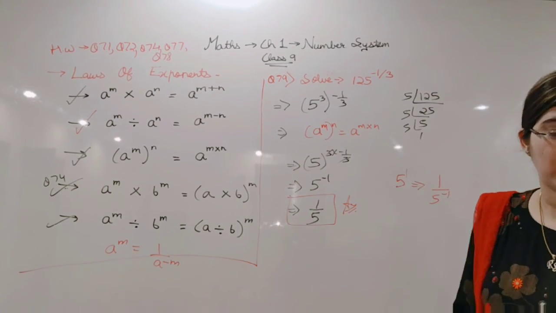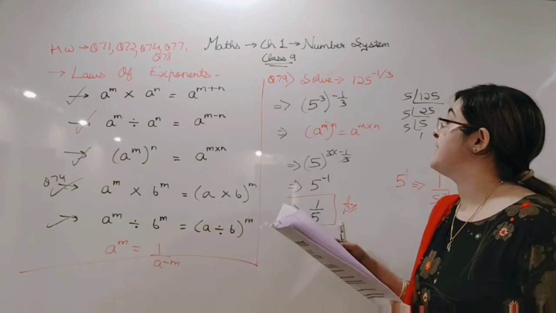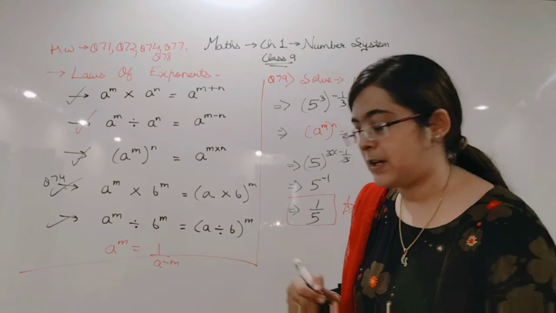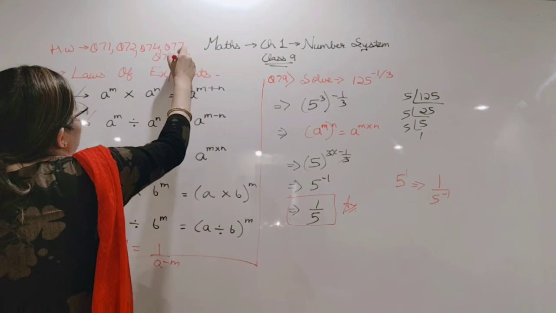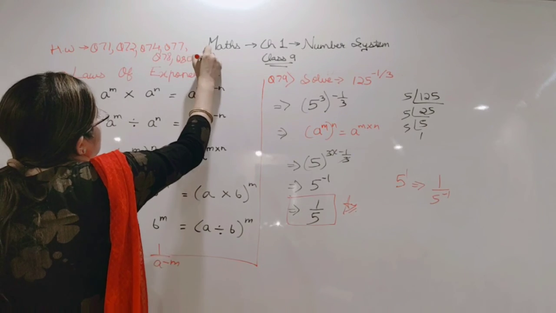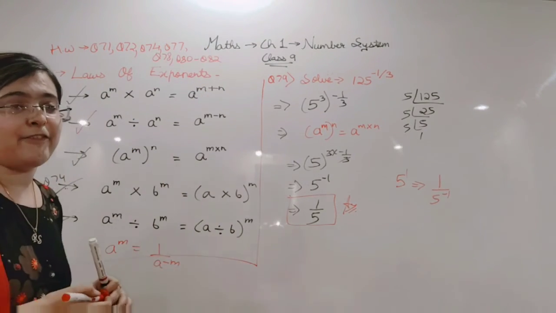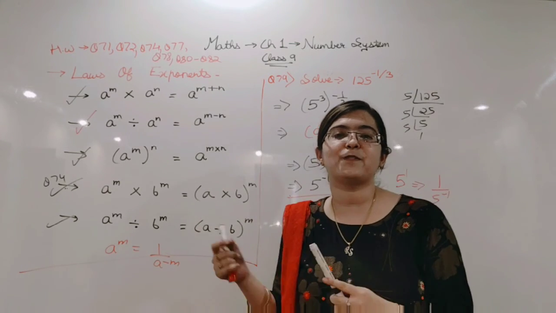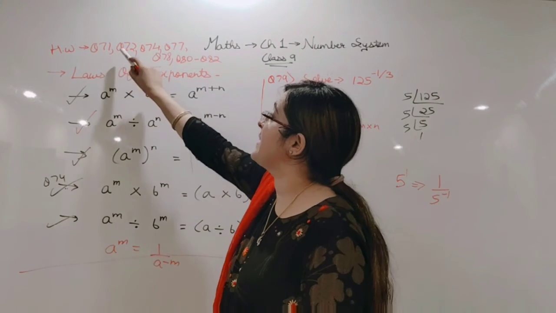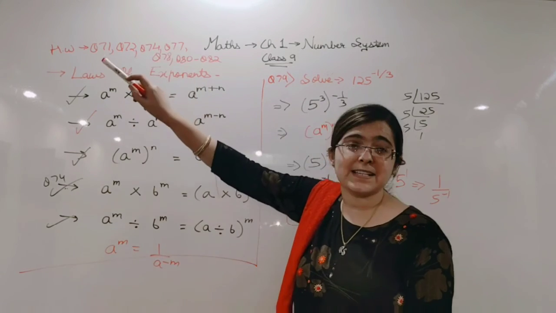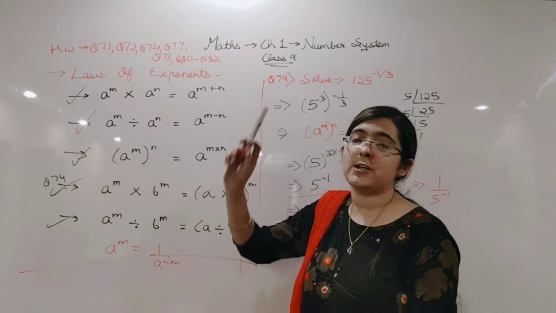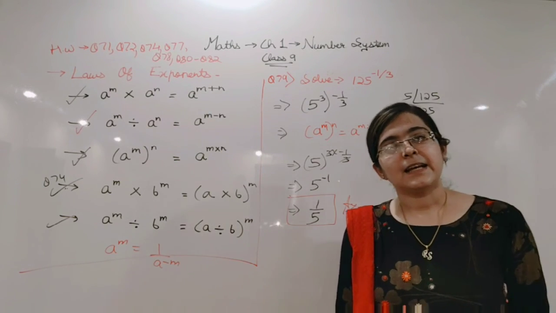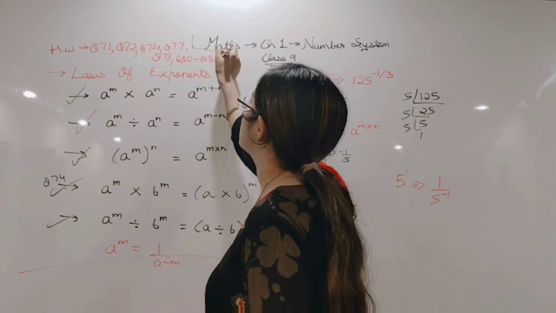Okay students, question 79 we have solved. Questions 80 to 82 are the same as this. That will also be your homework. I will check your answers in the live class, students. You have to do it honestly. They are very easy questions. If you have any doubt, we will discuss in our live session. So questions 71, 72, 74, 77, 78 and 80 to 82 are very easy, based on these laws of exponents. Clear? These are all your homework questions, students.